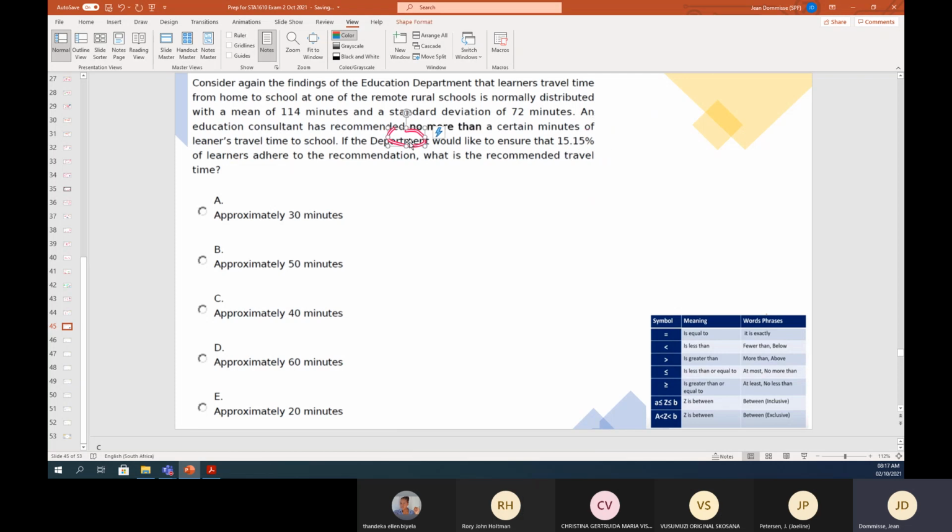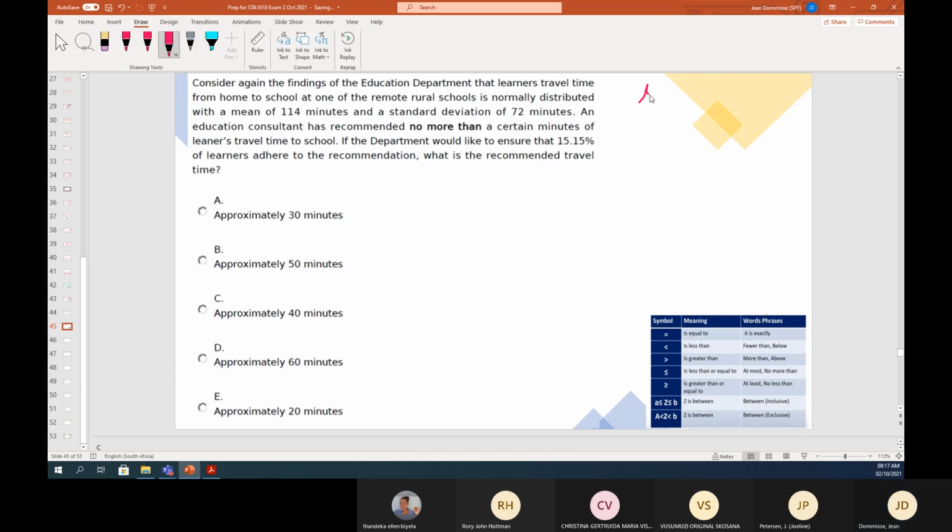They give us the mean, again it's 114. They give us the standard deviation. So basically, if I'm reading this correctly, they tell us the probability of no more than